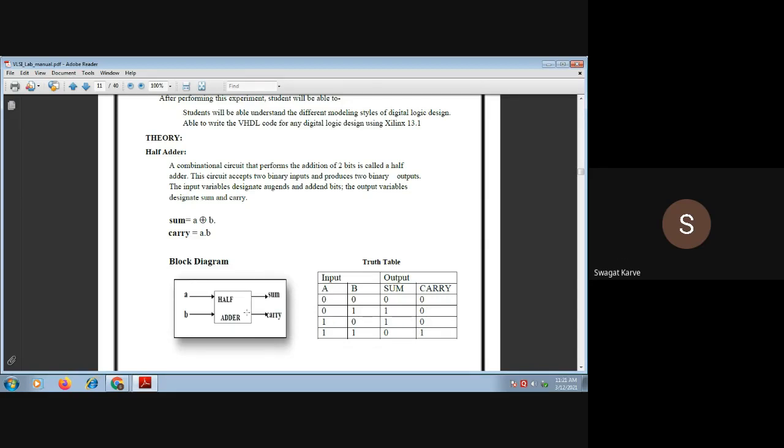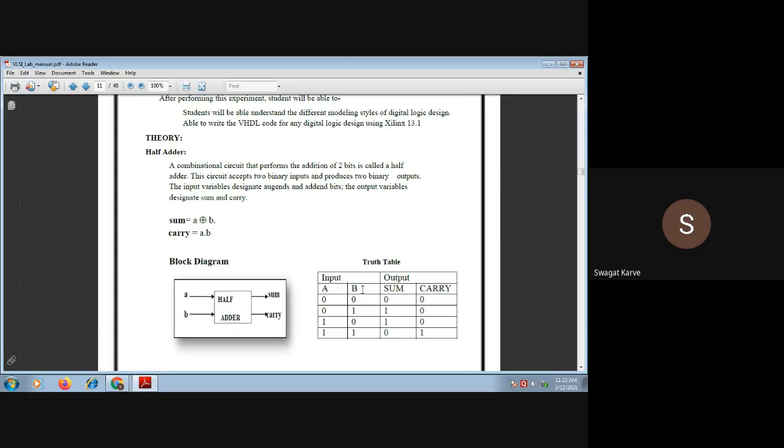Now you can have the Boolean equations or logical equations for the sum and carry derived from the K-map. What is the sum equation for the half adder? A XOR B. That means the sum is nothing but the XOR of the two inputs, A and B. What is the equation for the carry?